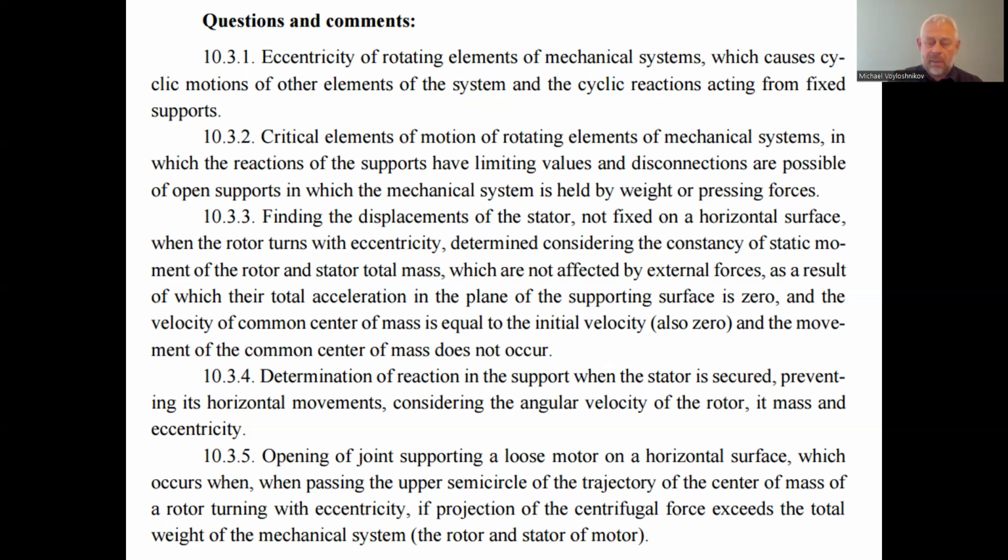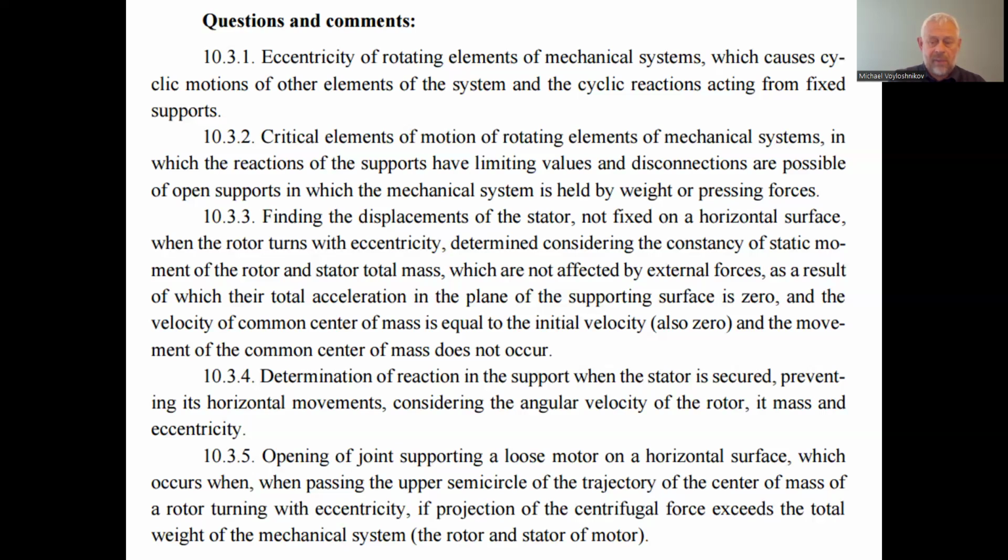That is the mass multiplied by the normal acceleration of the rotating part. If this exceeds the total weight of the mechanical system, with the rotating and stator parts, the gap between the system and the surface on which it is installed will open